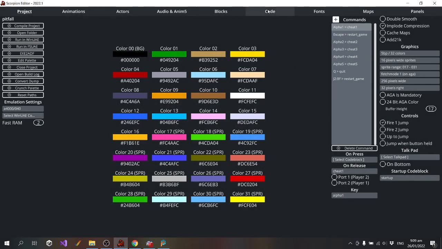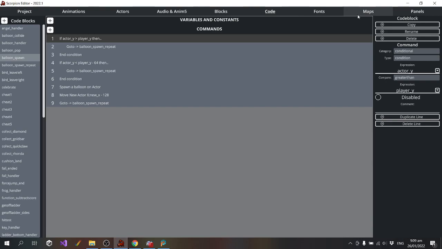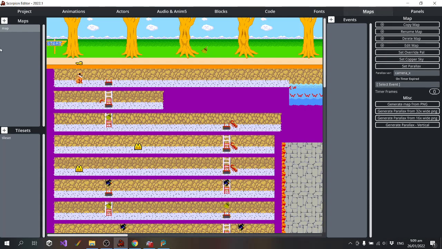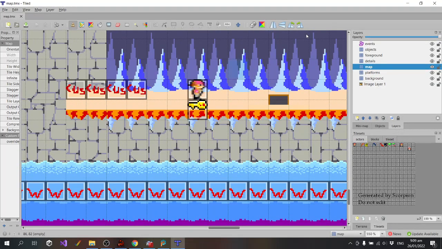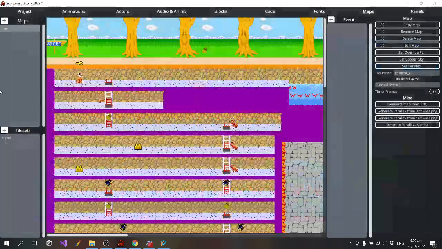Whoops. Okay, so we've got a problem there in that I can fall through my new block. Just need to check. Yeah, okay, so what I should do is I'll need to edit my tile set.